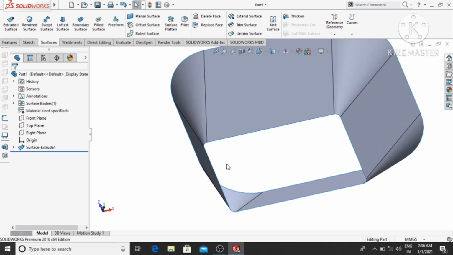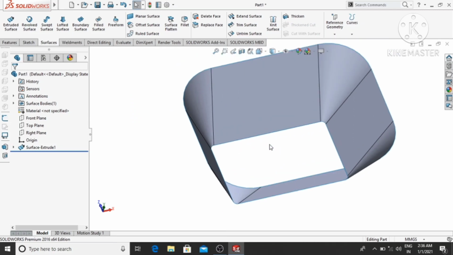Now we need to fill this surface, so it's better to use fill surface.